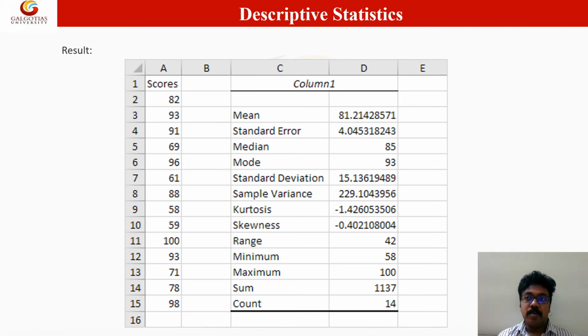Same like a human being's features such as height, weight, color, etc., here also they have mentioned the features of data in various ways. If you have a large amount of data, once you use this analysis tool, it will be very easy to find out the entire features of a particular data set. Thank you very much.